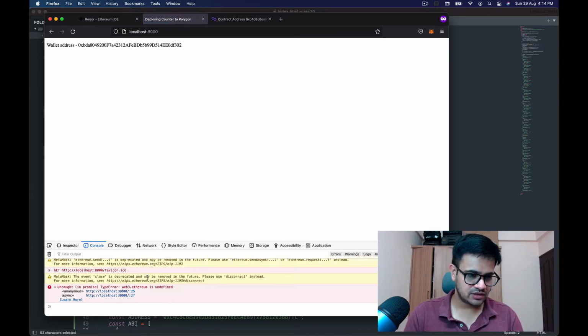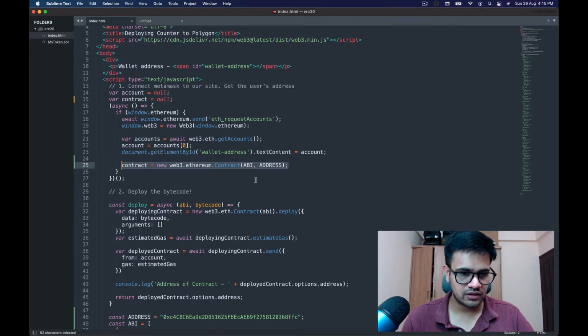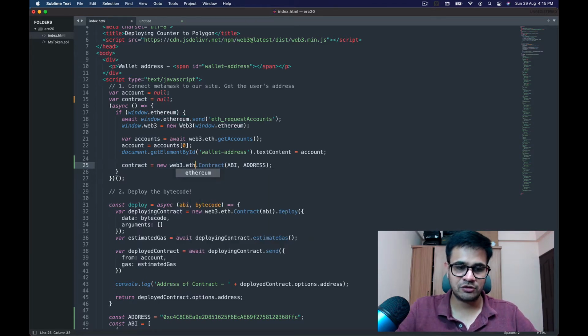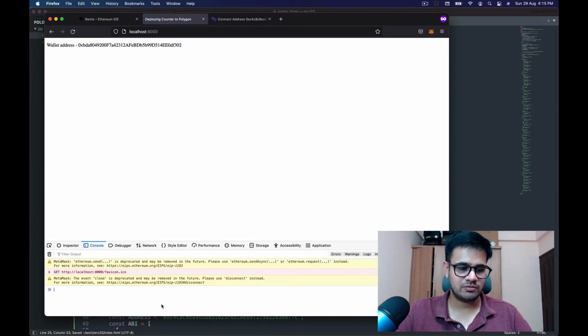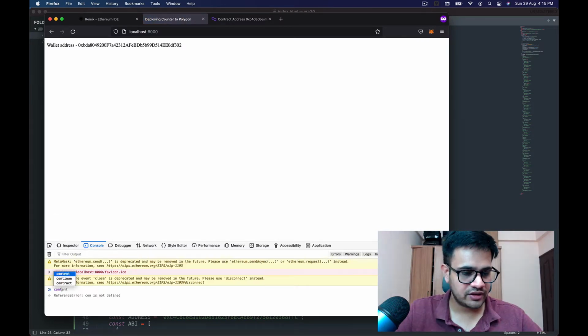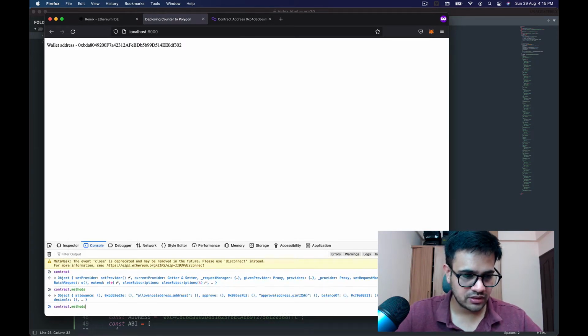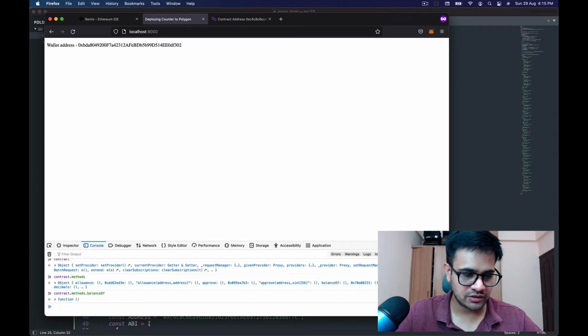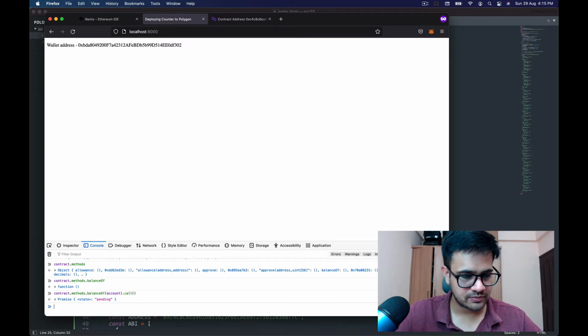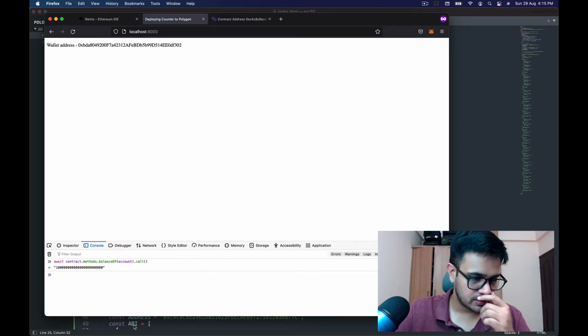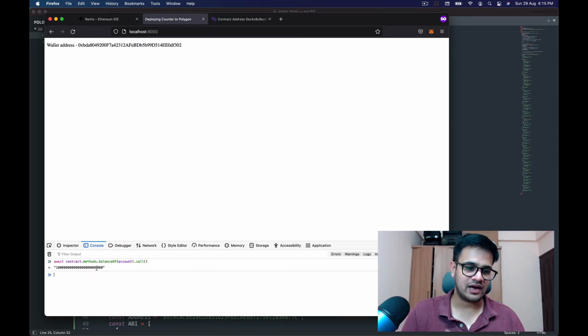So once we have this, I believe we will have a proper connection. If I refresh the page, there is some problem over here. And the problem is that I wrote Ethereum instead of eth. I believe that should not be a problem anymore now. Yep, it's not. So I should have a contract object over here where there are methods, and there's a prominent method called balanceOf. I can just call balanceOf account, and it gives us a promise, so I can just await this over here, and it gives me this balance.